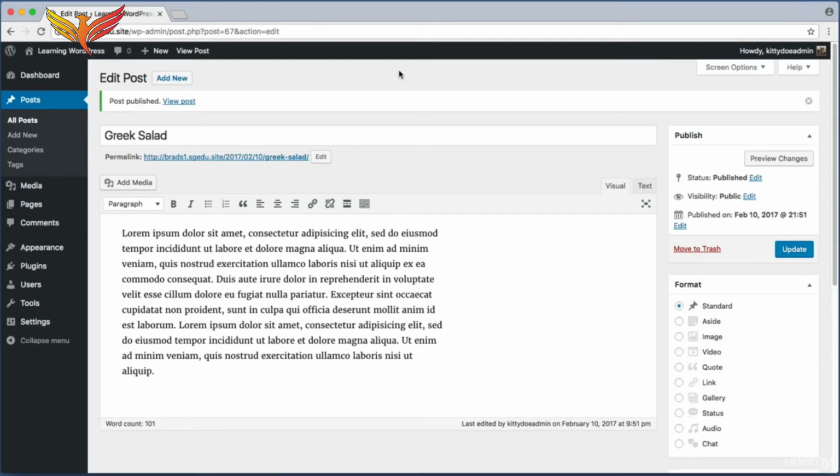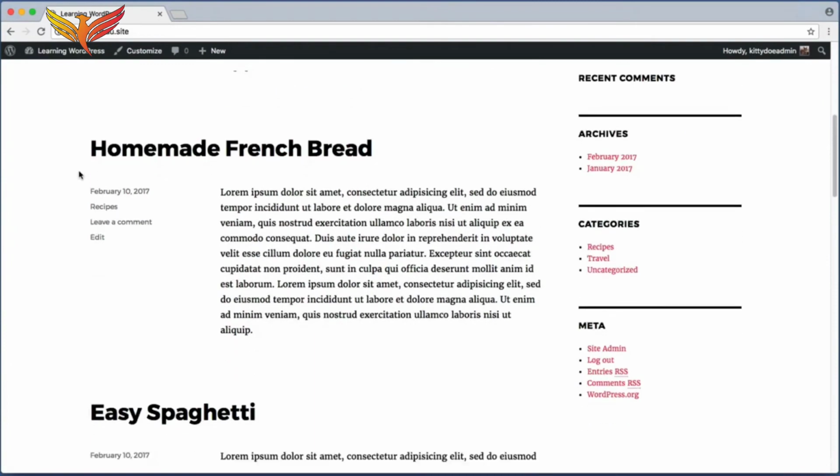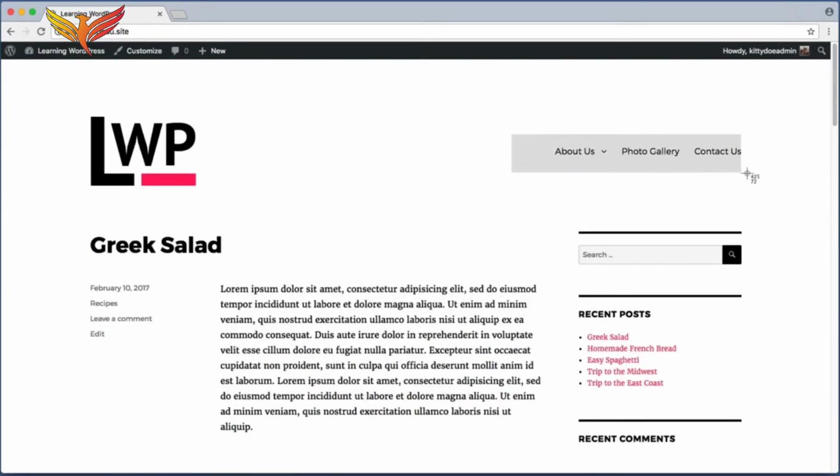Alright, so at this point I have all of my example posts ready to go. And if I switch back to my public facing website, here's the home page and we can see all of the posts that we just created. Alright, and remember our goal is to add new links in our main navigation area of travel and recipes, and when we click on one of those links, we want to see a filtered listing of only that category of